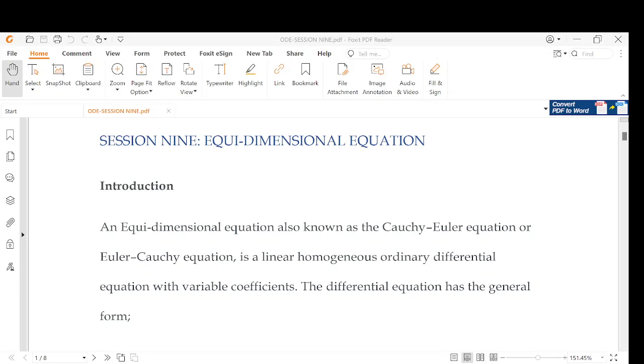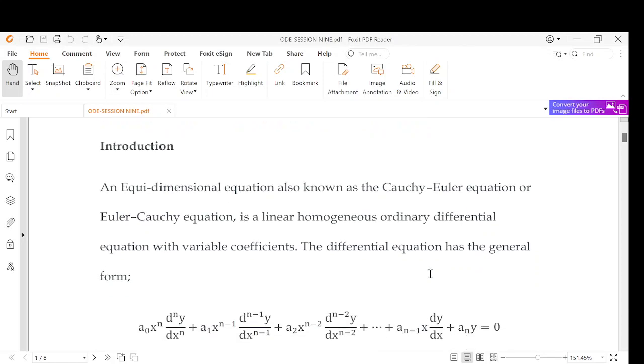Welcome to this session. In our session today, we'll talk about the equidimensional equations, also known as the Cauchy Euler equation. A Cauchy Euler equation, or the Euler-Cauchy equation, or also known as the equidimensional equation, is a differential equation that